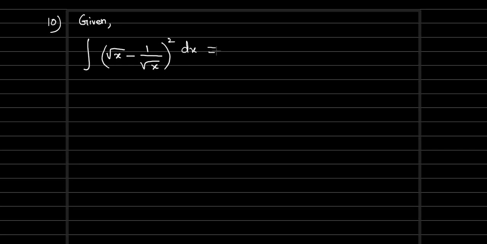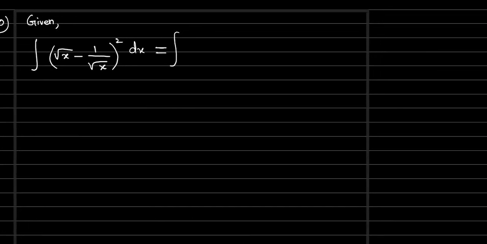So first what we are going to do is, we are not going to apply the integrals directly. Here, using the a minus b whole square formula, first we are going to expand it. So first we will expand the term. What is the a minus b whole square formula? a square minus 2ab plus b square. Or a square plus b square minus 2ab, the order you can change, that is also fine.